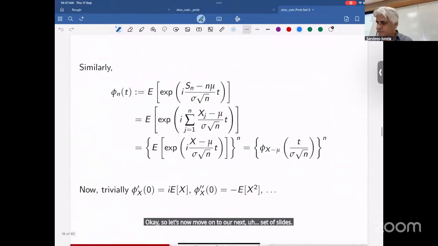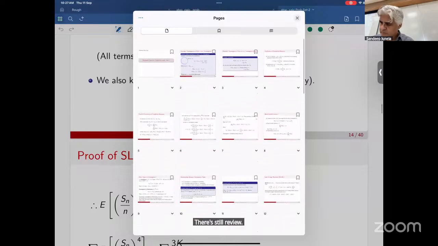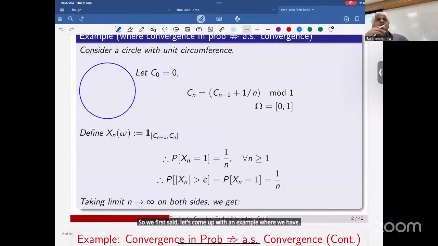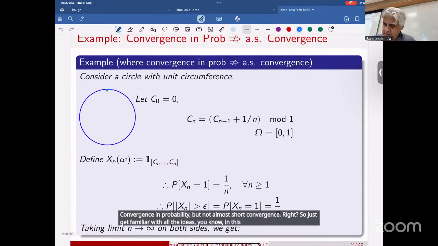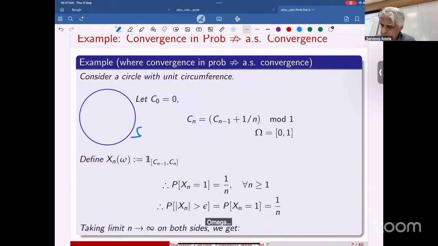This is still review. So we first said, let's come up with an example where we have convergence in probability, but not almost sure convergence, right? So just get familiar with all the ideas. In this case, this is our sample space omega. All these points, that's your omega, right? We are going to define a probability measure, which is again the Lebesgue measure. So the probability assigned to an interval is the length of the interval. And we'll define now a sequence of